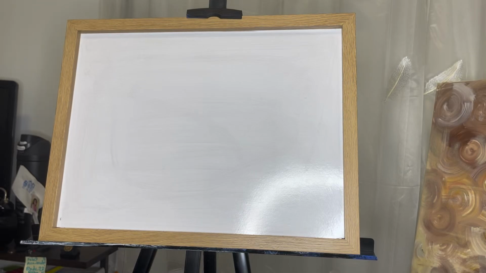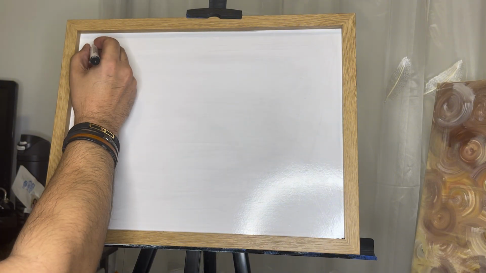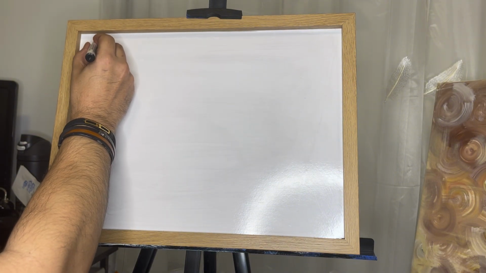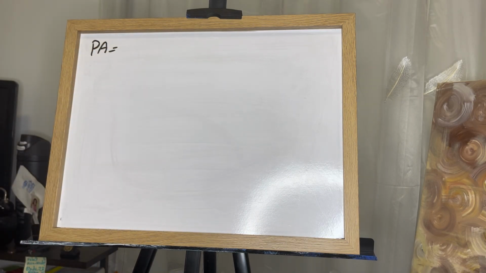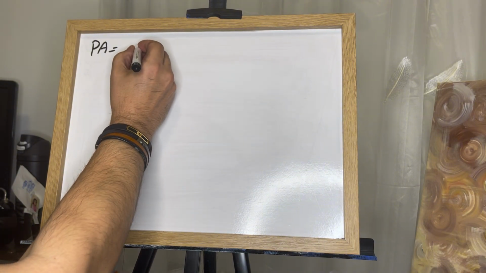Hi everyone. Today I want to talk about pressure altitude, its definition, and also how to set the altimeter setting to the current altimeter setting, and why setting the altimeter is very important before each flight. Basically, pressure altitude is the altitude read from the altimeter when the altimeter is set to 29.92